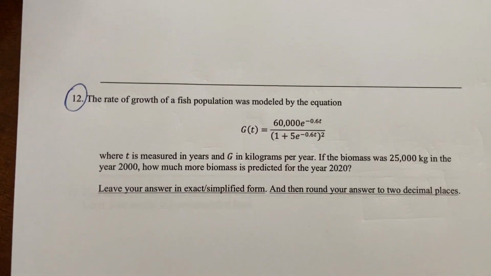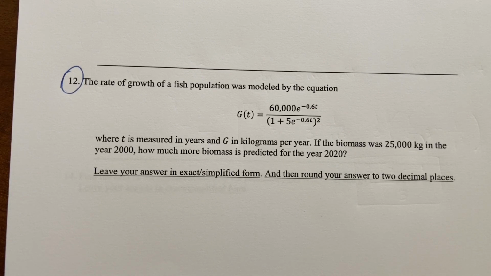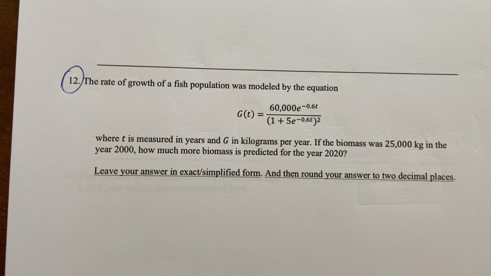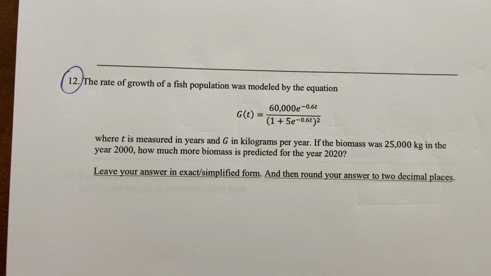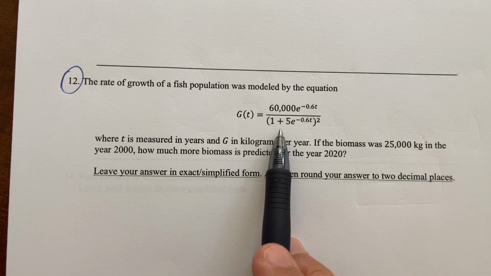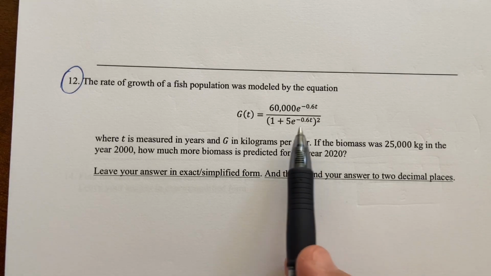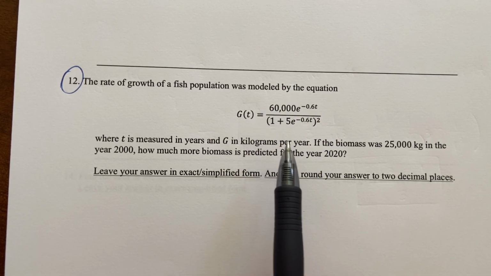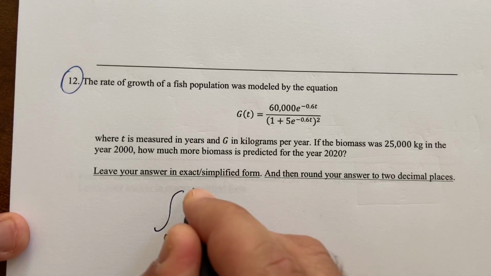So number 12. So this one says the rate of growth of a fish population was modeled by this equation, where t is measured in years, G in kilograms per year. If the biomass was 25,000 kilograms in the year 2000, how much more biomass is predicted for the year 2020? Okay. So if this is the rate, if we integrate over the time, then we'll be left with just the biomass. So what we want to do is integrate from 0 to 20 years,